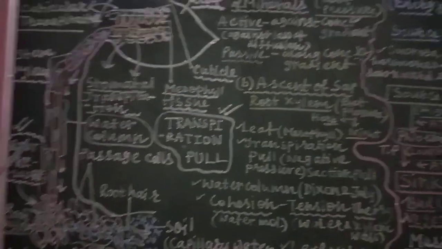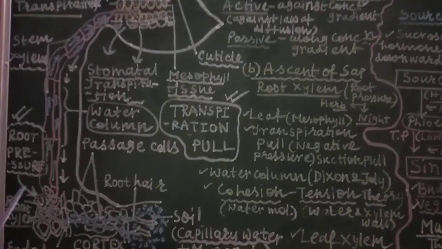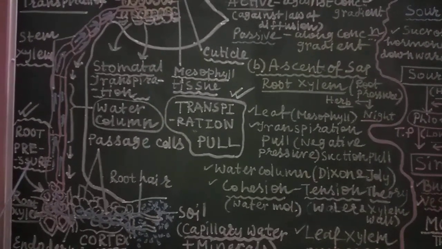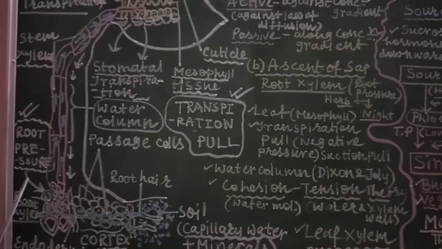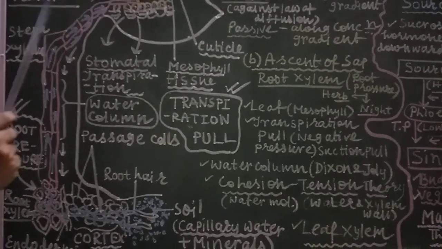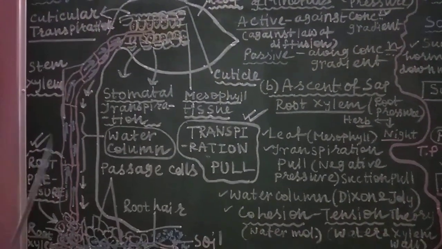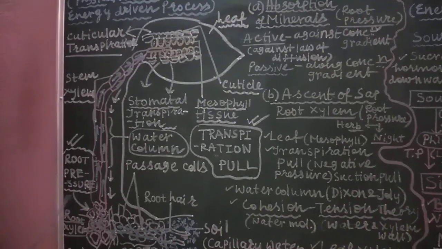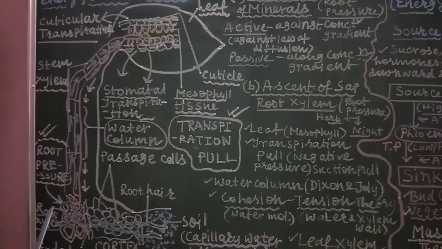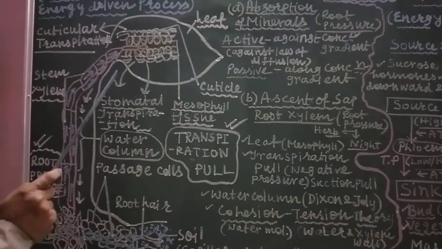which helps in absorption of water, but it is absent during the daytime, and mostly it is helpful in herbaceous plants. But in plants where the distance is more, that is, the root is far away from the leaf, another pressure is occurring, a negative pressure gradient, that is called transpiration pull, which occurs due to transpiration.